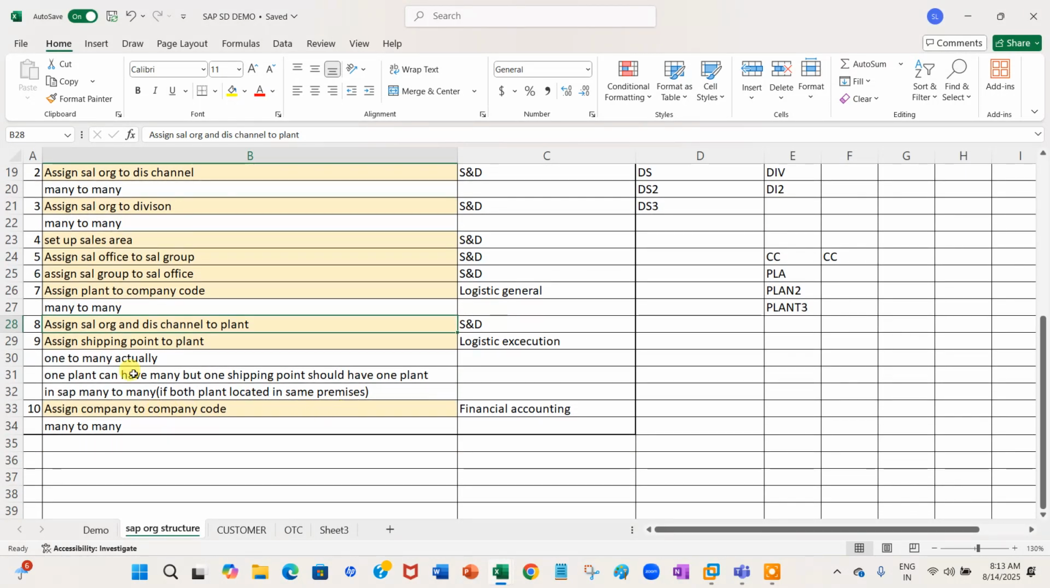Here I see one more thing, assign shipping point to plant. Now the shipping point and plant assignment is done. Here we have one specification. So one plant I have to assign many shipping points: shipping point 1, shipping point 2 and shipping point 3. I have to assign so many shipping points. But one shipping point must be assigned to one plant only, because for example here in plant 3